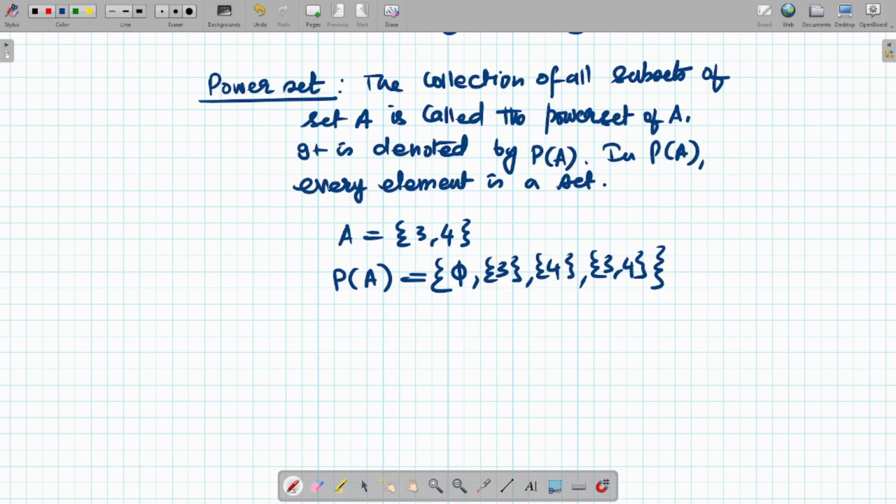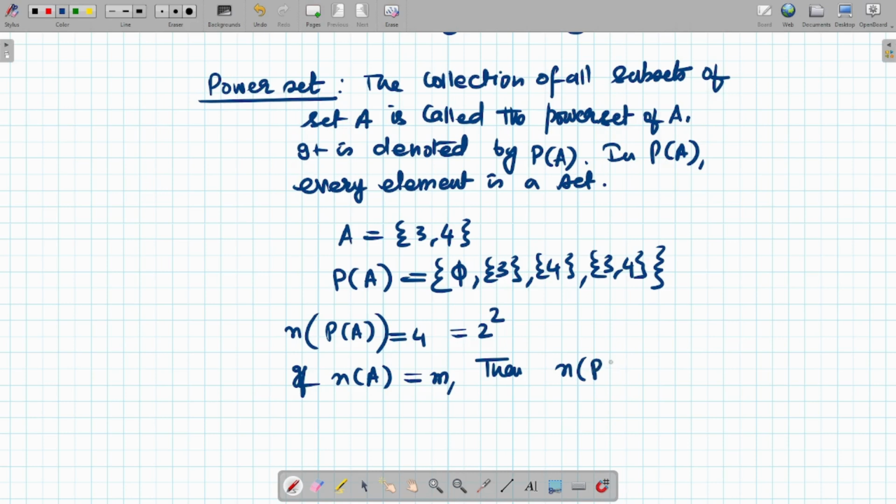We can note that the cardinal number n of P of A is actually 4, which can be written as 2 to the power 2. So we can generalize this as, if n of A is m, then we will say n of P of A is actually 2 to the power m. Okay. Now let us talk about a